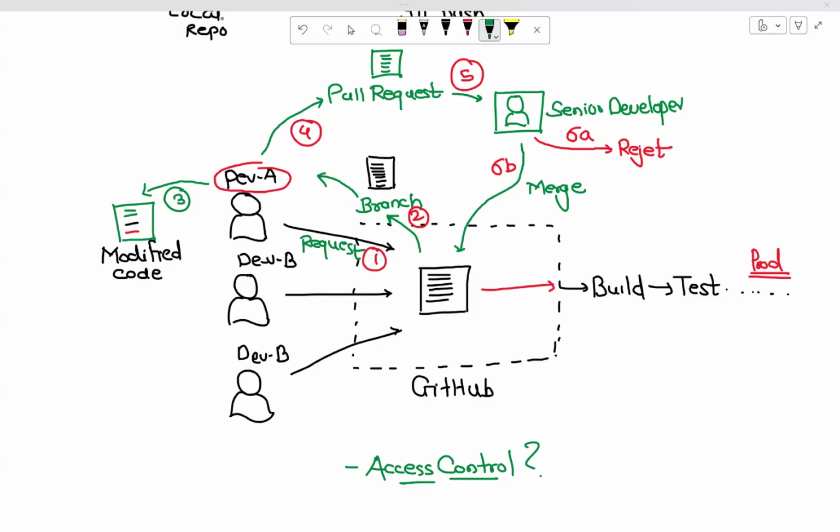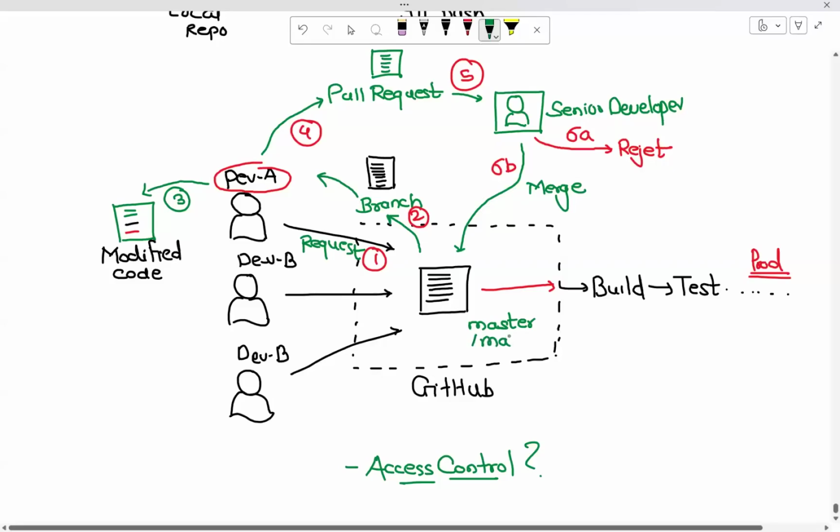Okay, so team, like I was saying, one of the very common and important processes in these SCMs and VCS is that you are never given direct access to this. By the way, this is also referred to as the master or the main branch, the branch where you're actually carrying the final code, the code which is to go into production.